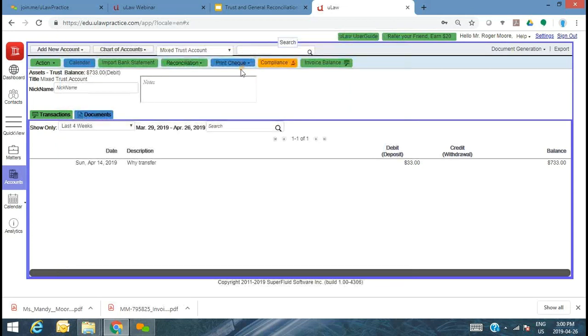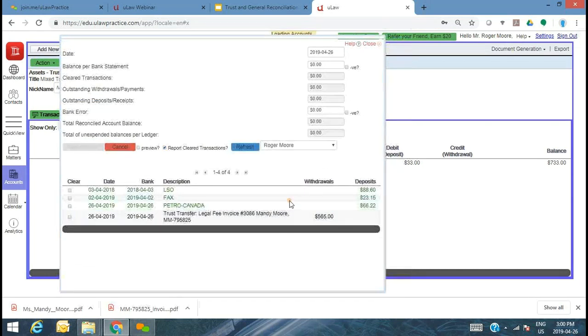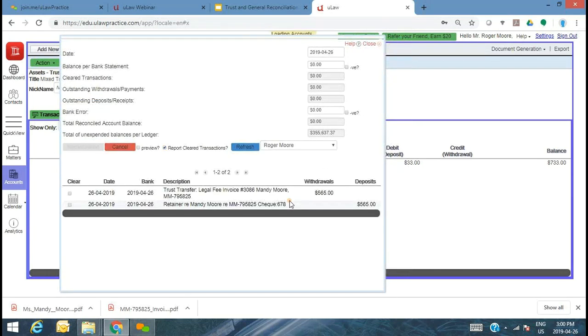Now all you have to do, let's start with the trust reconciliation. Open up your bank, your real TD RBC bank account. Tell us the date when you're reconciling it. So I'm going to say it's the 26th. Tell us the bank balance. So your TD should show a bank balance. And this is a playground account. So there's a lot of data that's already sitting in this account over the last 10 years of my demo using this account. So that's why it's such a large number.